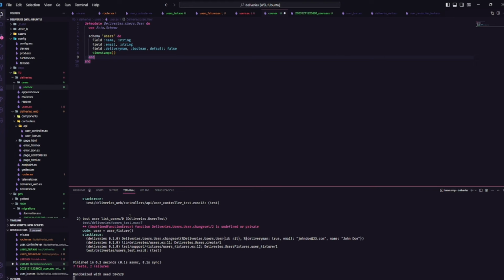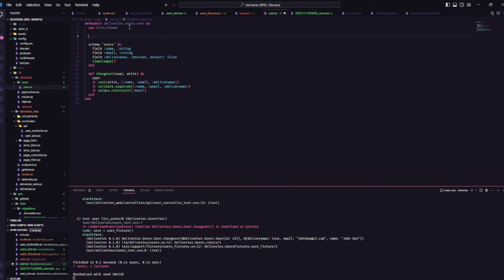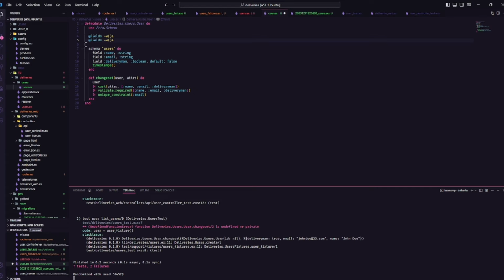Now it started failing because we don't have the change set function. Copilot helped me once again, where we have the cast, which maps the fields that we're going to need, the validate required, which is the fields that are required, and an error when the constraint related to email is violated. But one of the things that I like to do is to have the fields mapped using the syntax that you're seeing, using the